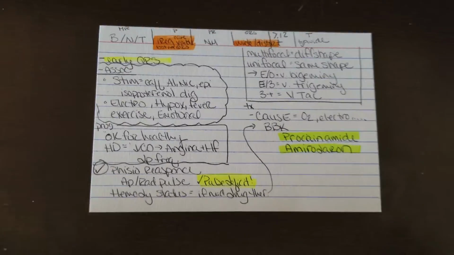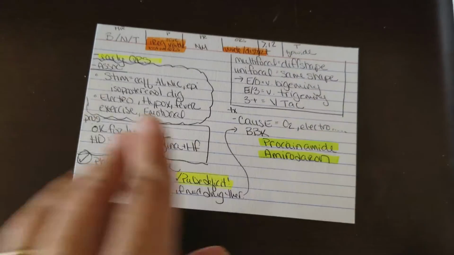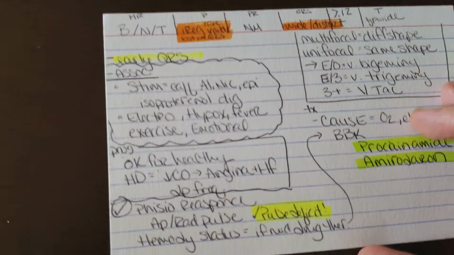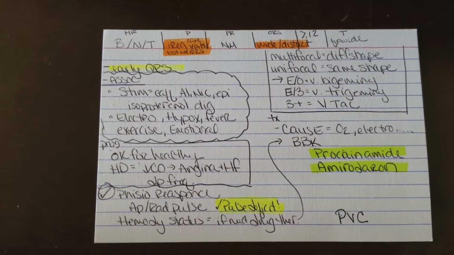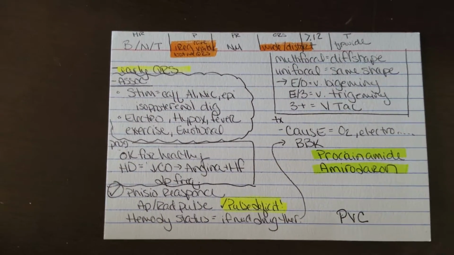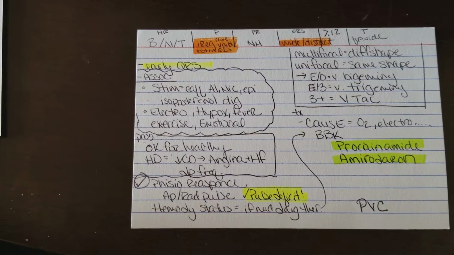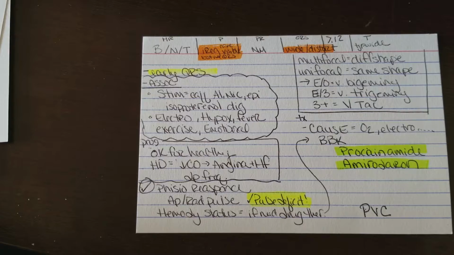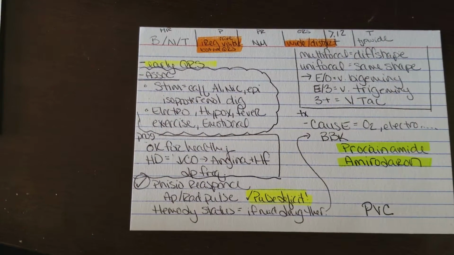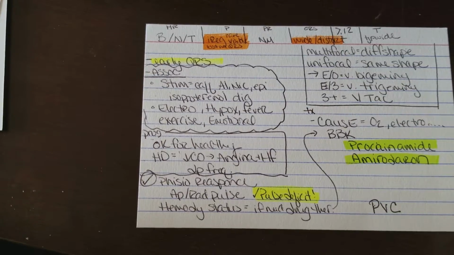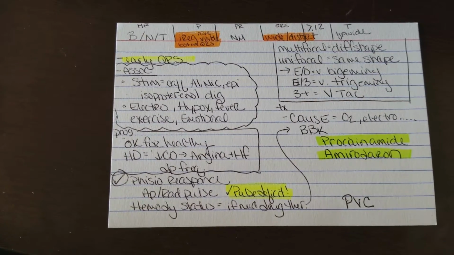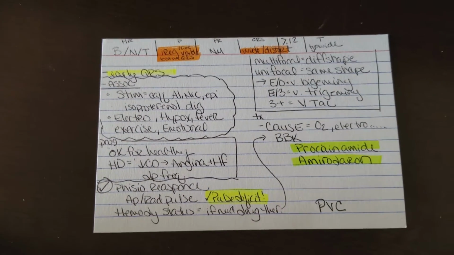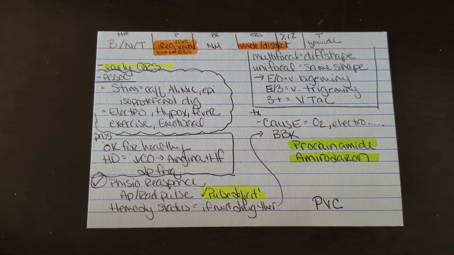Okay, so here we have PVC, premature ventricular contraction. And so you can have any heart rate with this. You're going to have an irregular P wave, might be lost in the QRS, a non-measurable PR, and the wide distorted QRS, so greater than 0.12. T wave is typically wide. These can be multifocal or unifocal. Multifocal, they're all different shapes. Unifocal, they're the same. If they're different rhythms, you don't have to worry about it, but if there's 3 in a row,